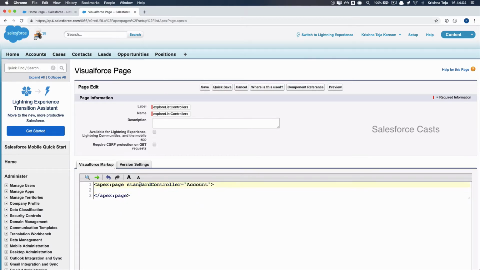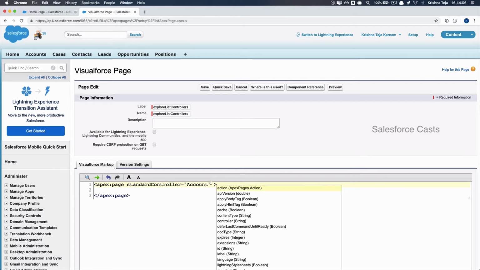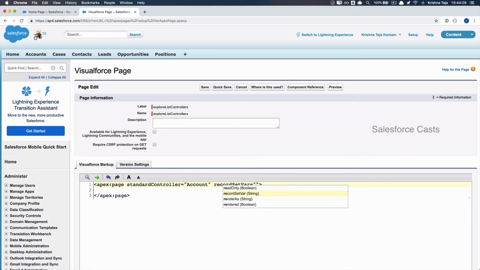And along with standardController, I'm going to use one more attribute, which is recordSetVar, which is this. And to this attribute, I got to define a variable name. And this variable is going to hold a list of all the account records in this case. So this becomes something like this. Post which I'm going to use the apex:form tag,